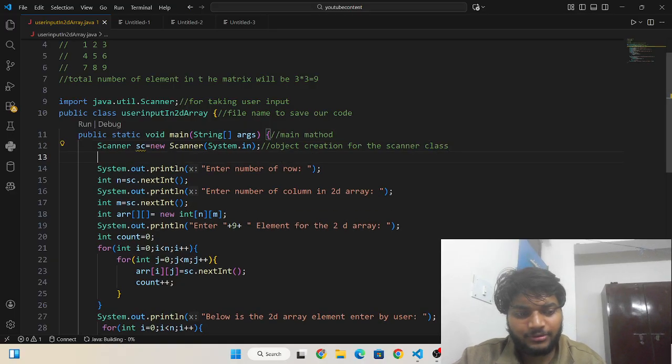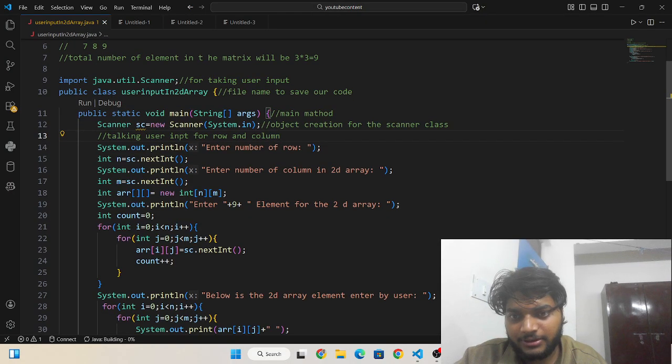And here we are taking user input for the row and column. Then here we are declaring a 2D array of n cross m size.